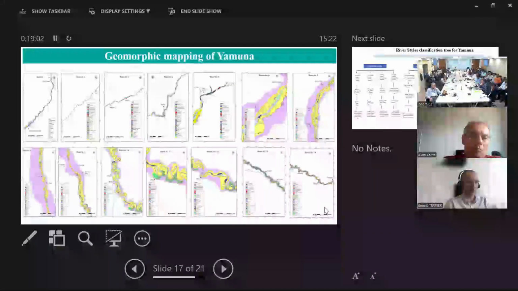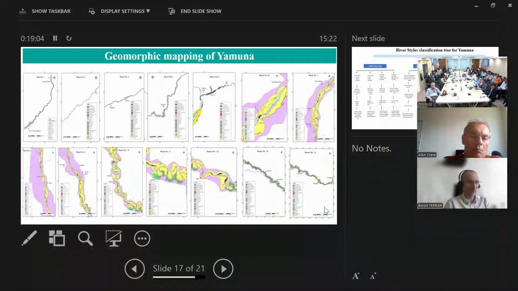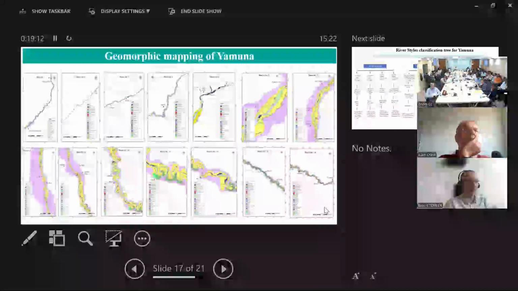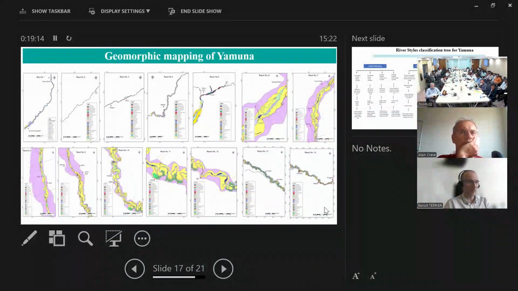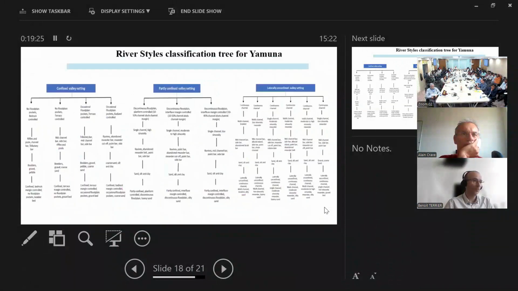These are the details of the geomorphic models and geomorphic mapping, and the yellow color is the floodplain area. We have talked about the river corridor. You can see the river corridor is quite variable. Somewhere it is 10 to 15 kilometers wide. In other places it is very narrow. Then again in the badland area it just disappears. It becomes very narrow. So there is a lot of diversity, and that diversity has been mapped